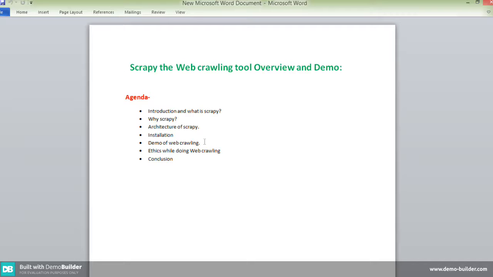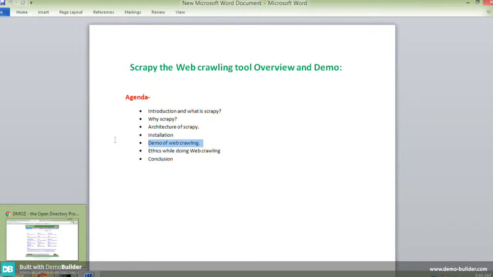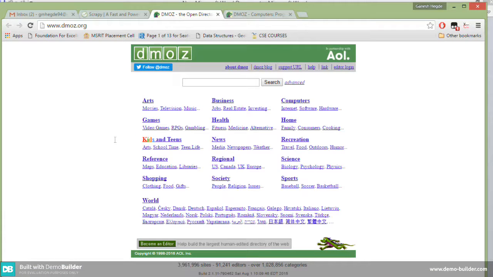Next is a demo of web crawling, how to crawl the web using Scrapy. There are three main things in the demo. First, we need to select the target website. Here I chose demos.org, a website that contains a lot of hrefs, links to the next file.